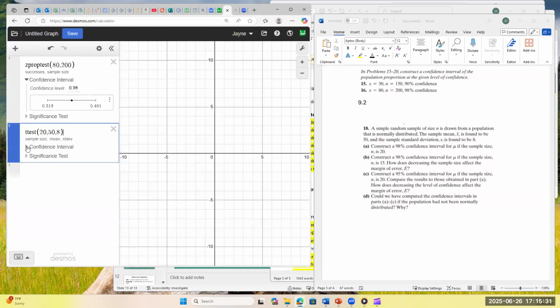And again, I'm interested in a confidence interval. So I'm going to click on that arrow to open that up. And I wanted a 98% confidence interval for this problem. So I'm going to come over here and click on that and put in 0.98. And again, you can click on the middle. That will show you the point estimate of 50, which is the mean. The sample mean is our point estimate in this case. And then the lower bound of 45.46 and upper bound